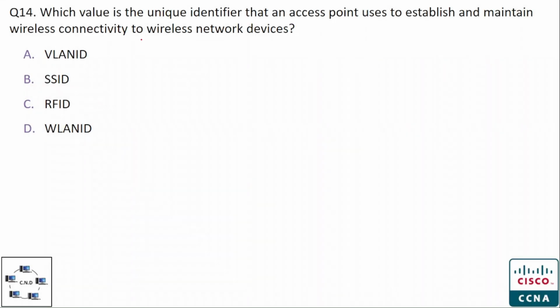Question number 14. Which value is the unique identifier that an access point uses to establish and maintain wireless connectivity to wireless network devices? The options are option A, VLAN ID, option B, SSID, option C, RFID, option D, wireless LAN ID. And the correct option is option B,